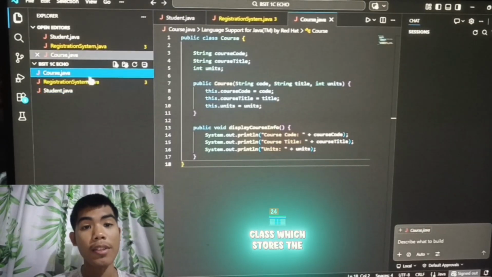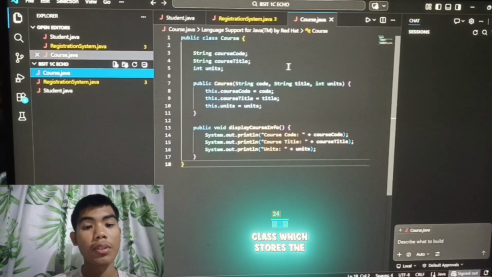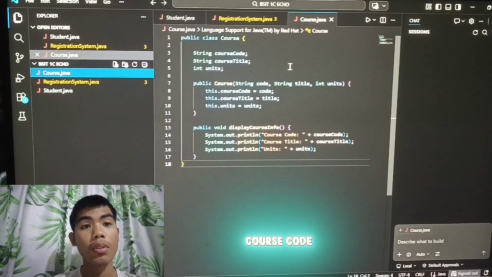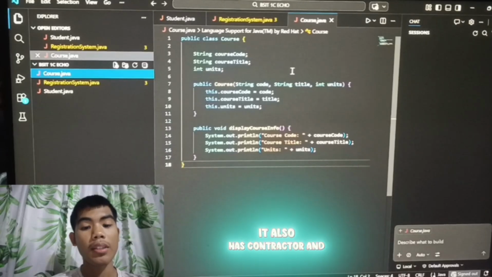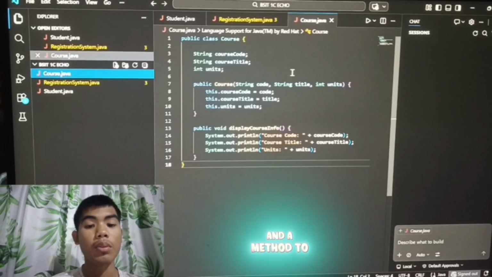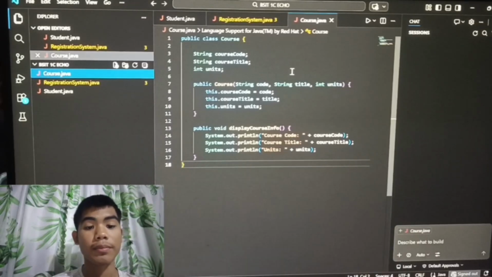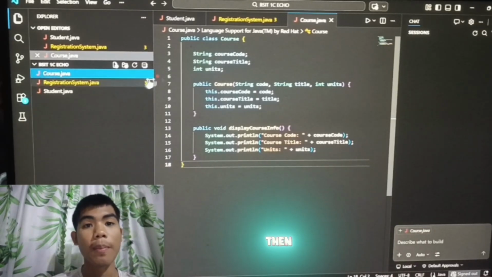the course class, which stores the course code, course title, and units. It also has a constructor and a method to display the course information. Then